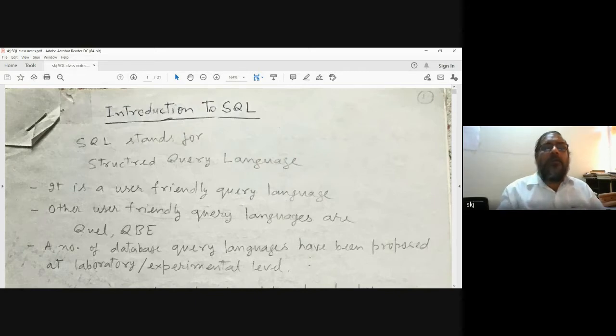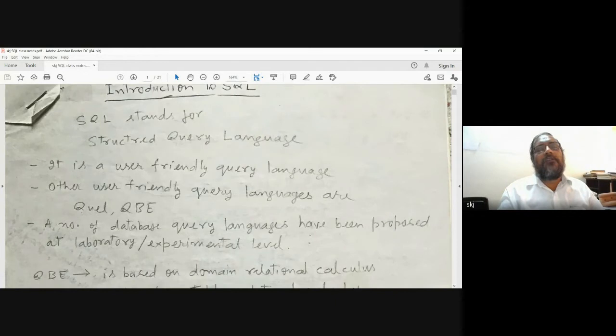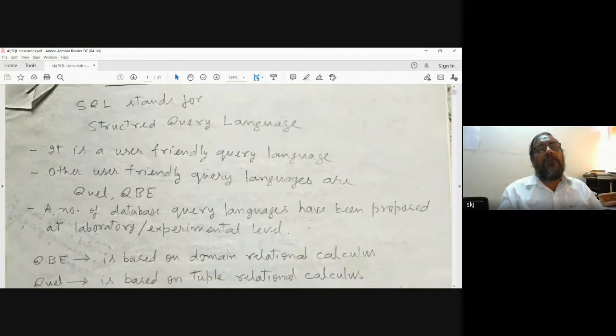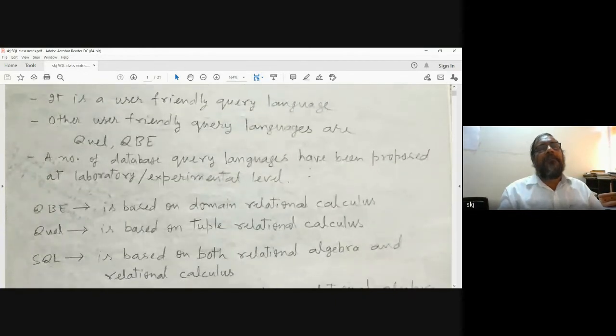So I read it. SQL stands for Structured Query Language. It is an acronym. It is a user-friendly query language. User-friendly means it is very convenient to use. You might have heard this word user-friendly for so many things, even several products in the market.